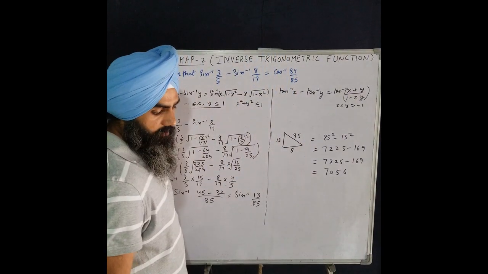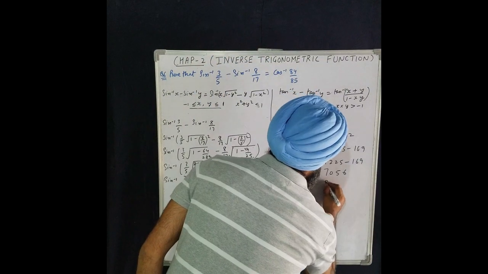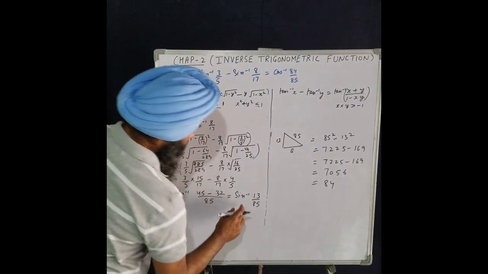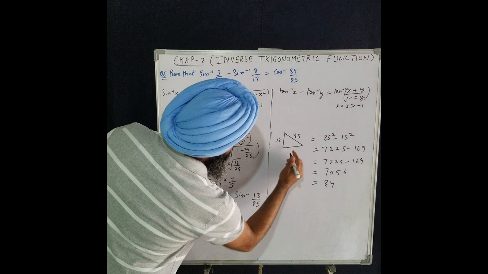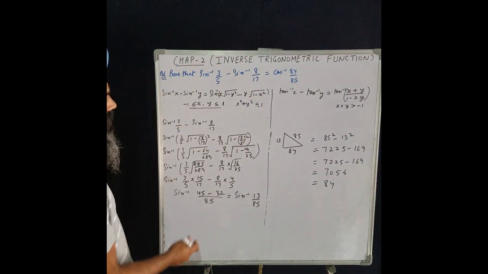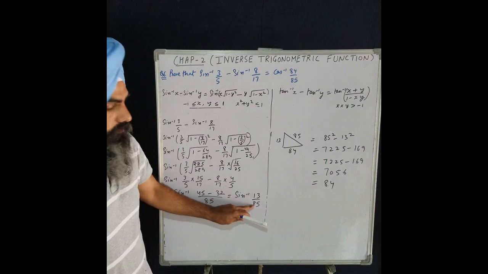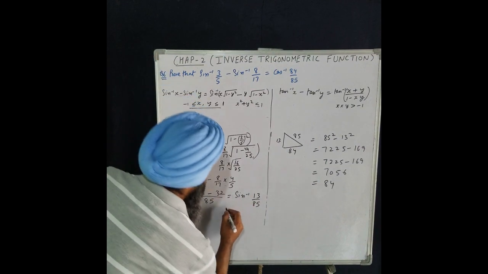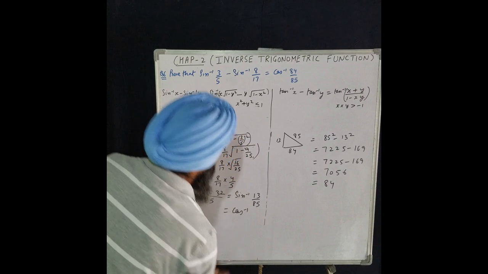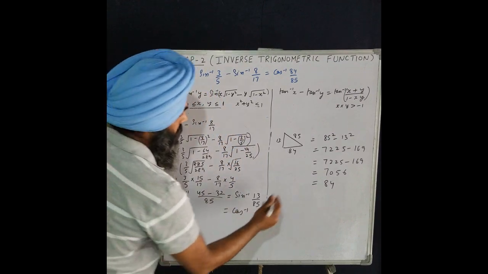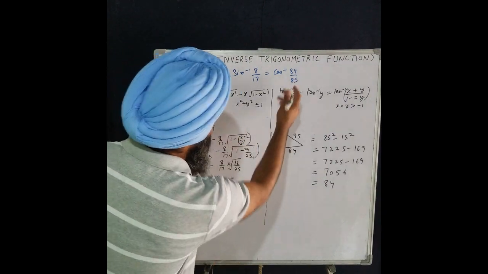It comes out to be 84. Okay, so here the base is 84. Now you can easily convert it into cos inverse. Cos value is base upon hypotenuse. The base is 84. The answer comes out to be